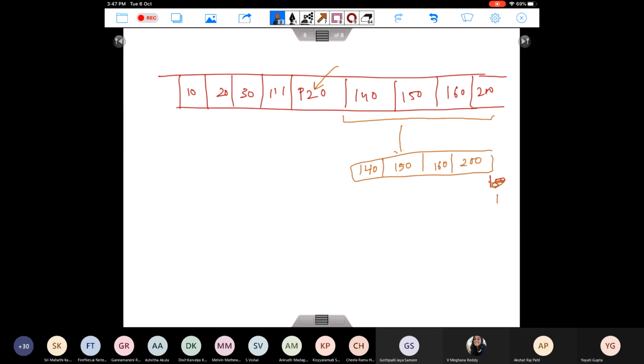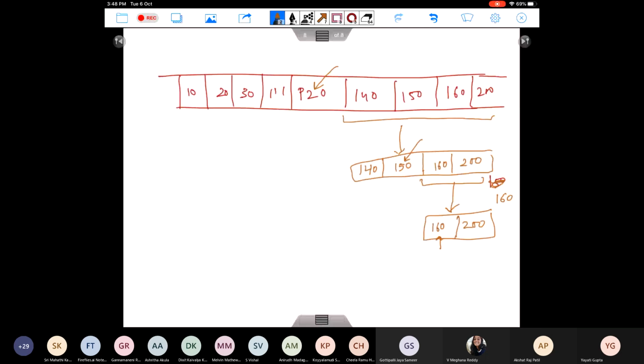Let me slightly change it. Let me make it 160, what I'm searching for. Since this is even, you can take either 150 or 160 to be the middle element. So let's say I looked at 150 as the middle element. Now this person is searching for 160, so he will pass this to another person, right? You will again divide it in two parts and look at the middle element. Since there are only two elements, you can assume that this one is your middle element, and he can return the index of this element 160 here.